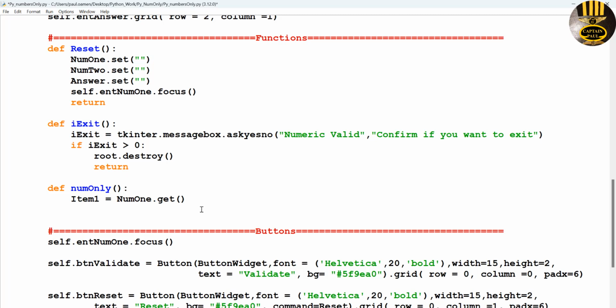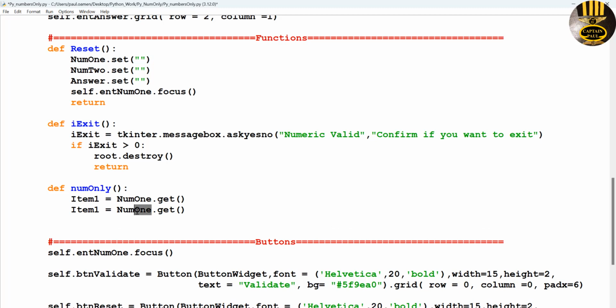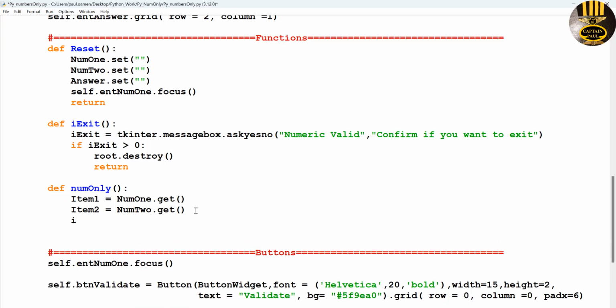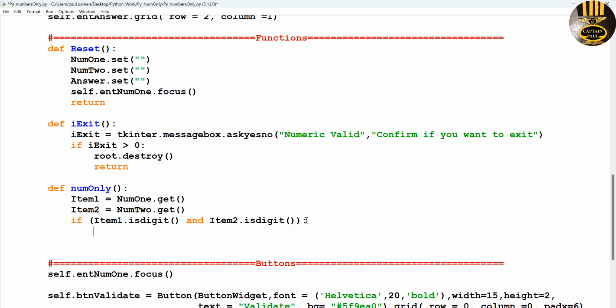So number 2 is going to get that as well. Let's create another one, item 2, get whatever we have in here, change that to 2. And now let's validate both items, whatever we have in there. If item 1 dot is digit and item 2 dot is digit, let's do that. In that case, item number 3,